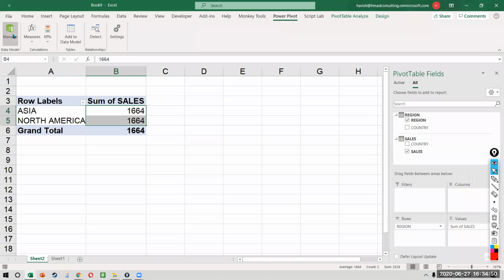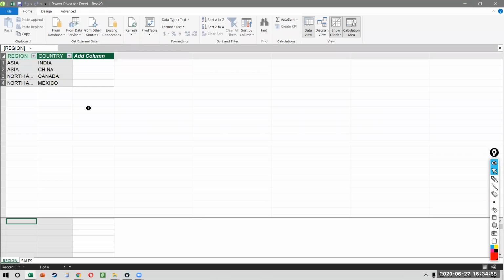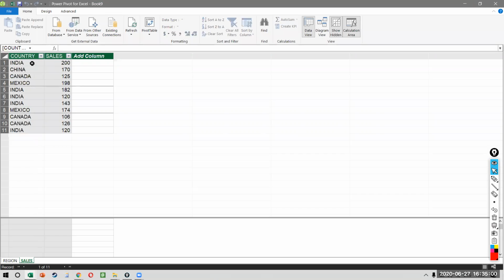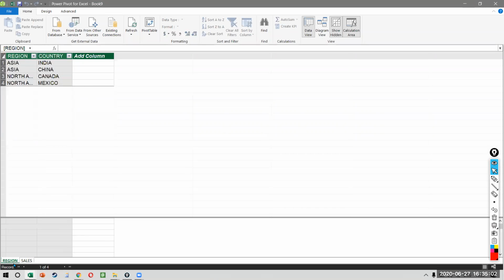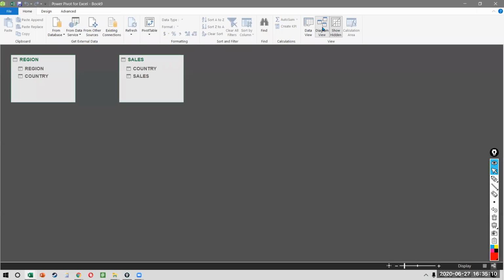So I click on Manage, which is the first option. In Manage, we can see that both the tables are there. So I have region and sales, right? I click on the diagram view in the top right corner. And very nicely, I can now do a join, or a merge, between both the tables.